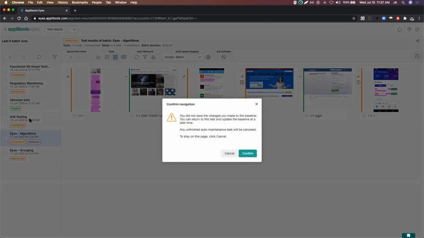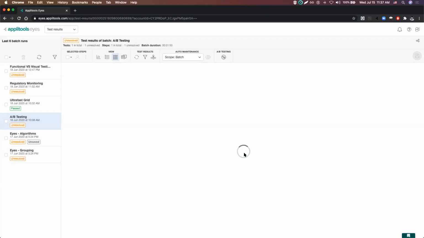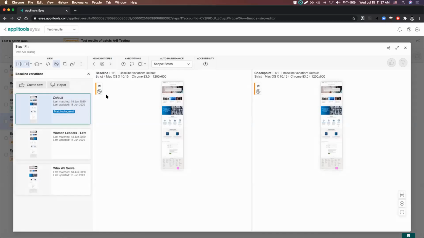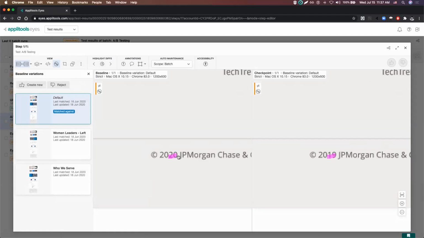Now, developers also love us because once they open a Jira card that the QA team reported, they can quickly navigate to that test results and easily see what's going on. So here we see that someone accidentally pushed an older version of this page because it was 2020 and now it's 2019. And we offer those developers the ability to save a lot of time,